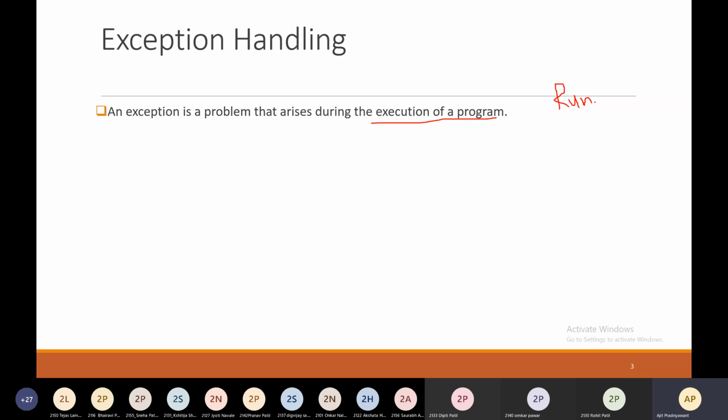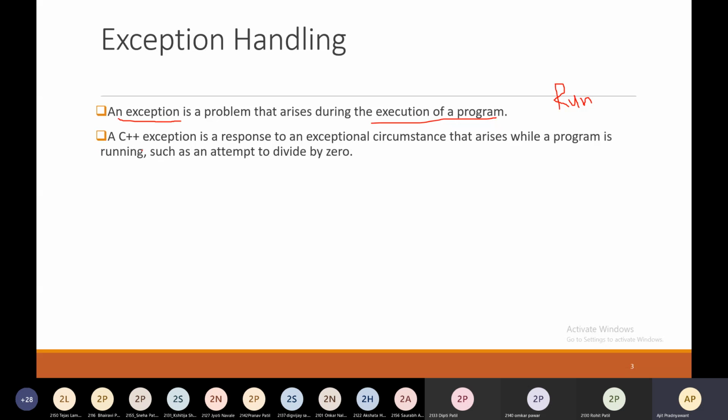That problem is called an abnormal condition. If that abnormal condition occurs, it is called an exception.